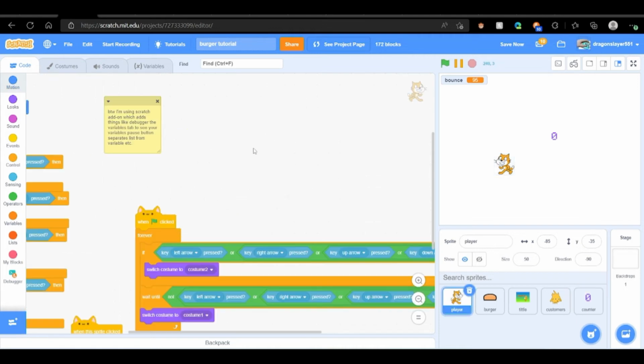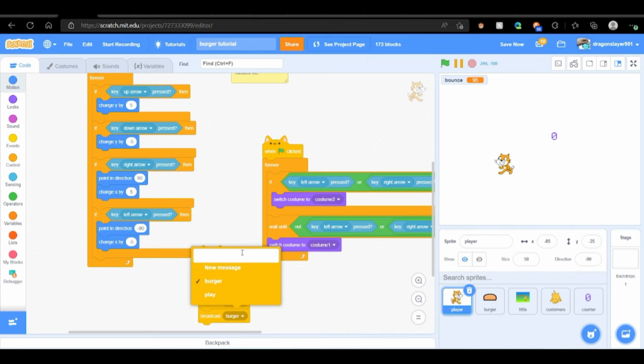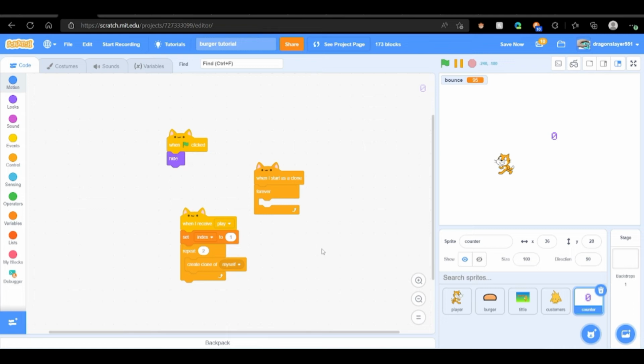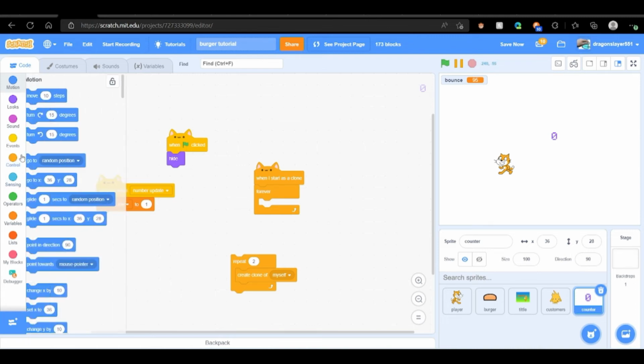Aha, that's what I did wrong. When this right click, not only is it going to broadcast number, but broadcast number update. I don't know how I put it there, just let's create that. So yes, number update, that's what we're going to need. So when I receive play index, when I receive number update, set index to 1,